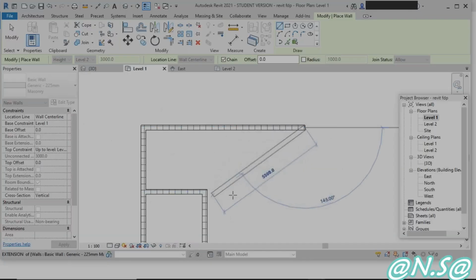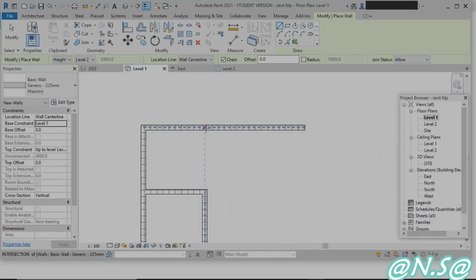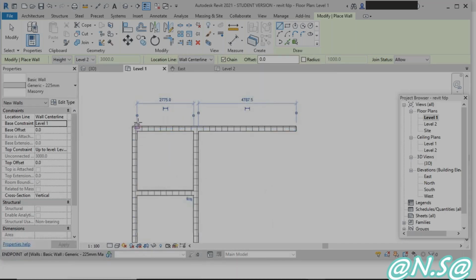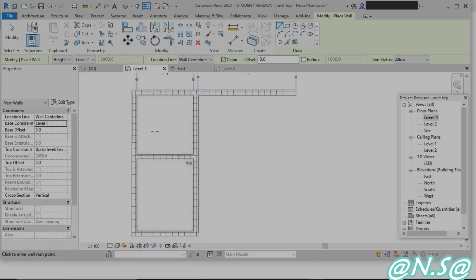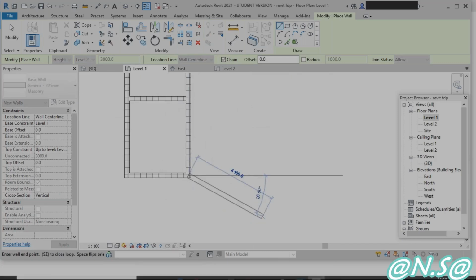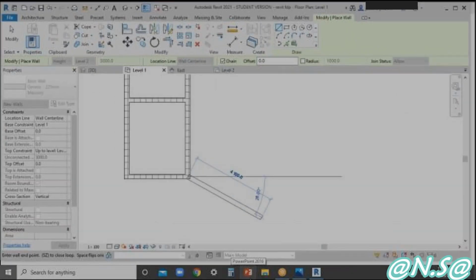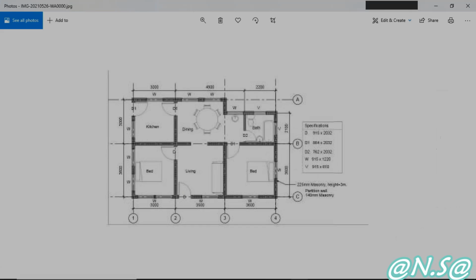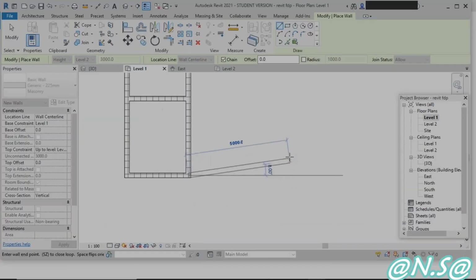Alt tab. Okay, don't get confused. Here it is showing the dimensions inner to inner. Okay, here it is showing the dimensions inner to inner. So we have center to center. Okay, so now I'll proceed drawing here at this corner. So it is of 3500. Keep it straight,